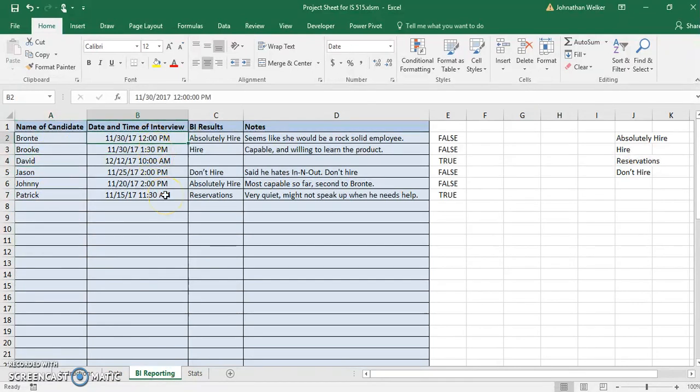So this is entered by hand. I just changed the date time of it using the formatting. Entered whether these are the categories: hire, absolutely hire, don't hire. And I did this, you can see it's a drop down. So that's how this works. And the drop down for that is over here. Some quick notes, and then I said, hey,